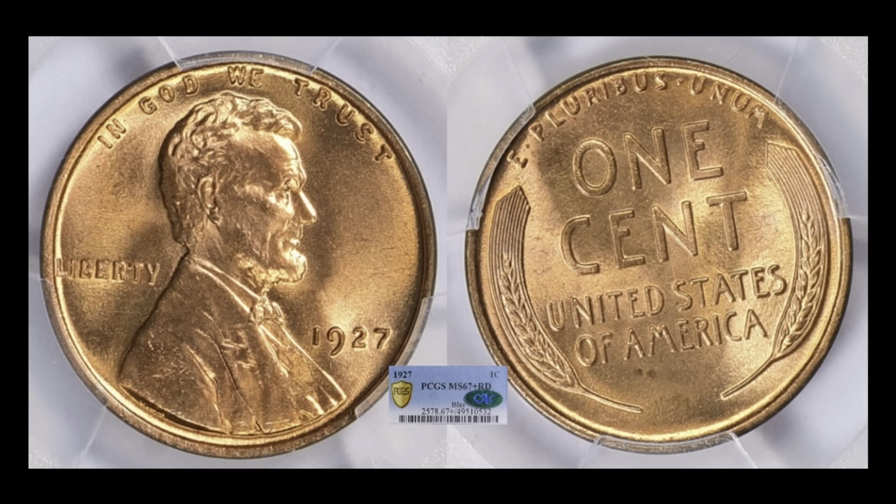And the earlier we get, the more impressive. A '27 Philly Lincoln Wheat Cent doesn't seem all too impressive considering it's a Philadelphia, but it's one of the higher grade examples to ever exist. And if you look at that label, it says Blay. This is a previous Stuart Blay provenance piece. This one was actually owned by one of the largest, if not the biggest, Lincoln Cent registry, bar none, on the planet. A lot of Stuart Blay's pieces ended up getting liquidated on Heritage Auctions, again, about a year and a half, 2 years ago, with just some stunning results. 67 plus full red CAC certed, which a lot of the Blay pieces are. This one sold for